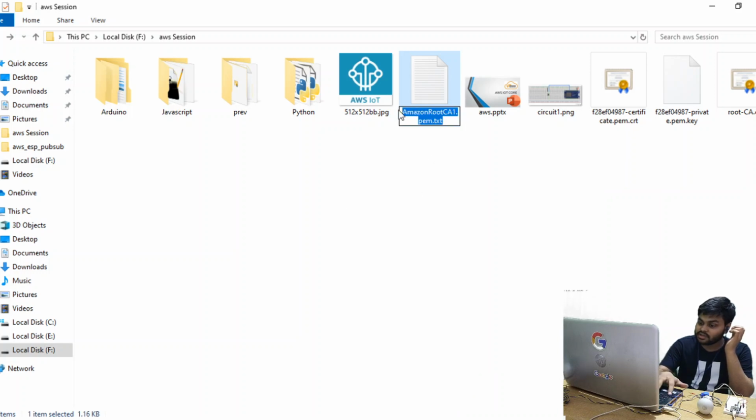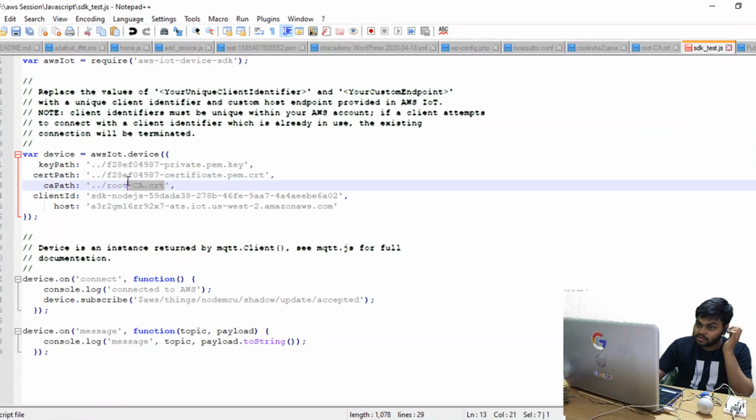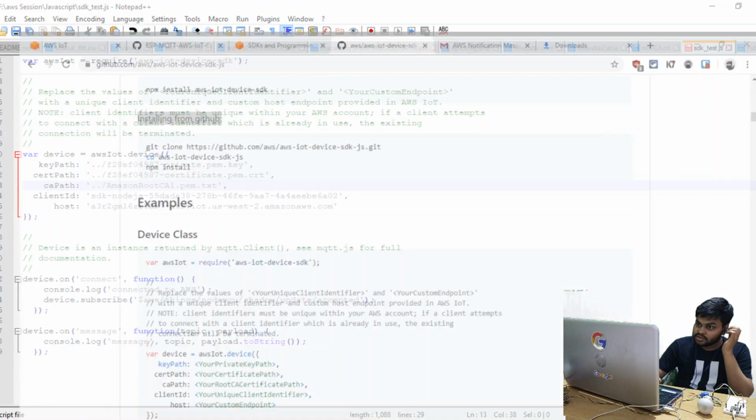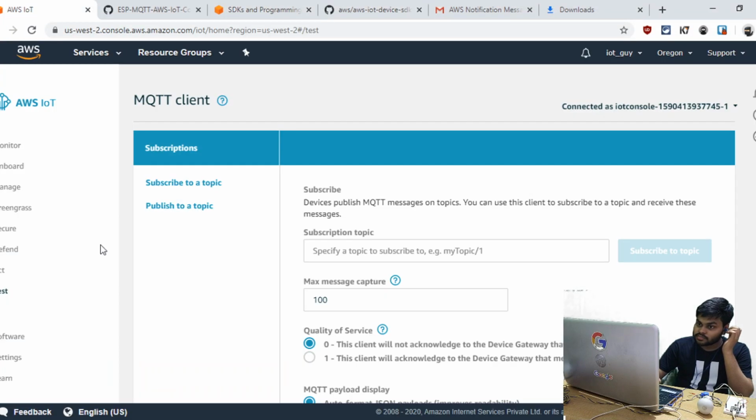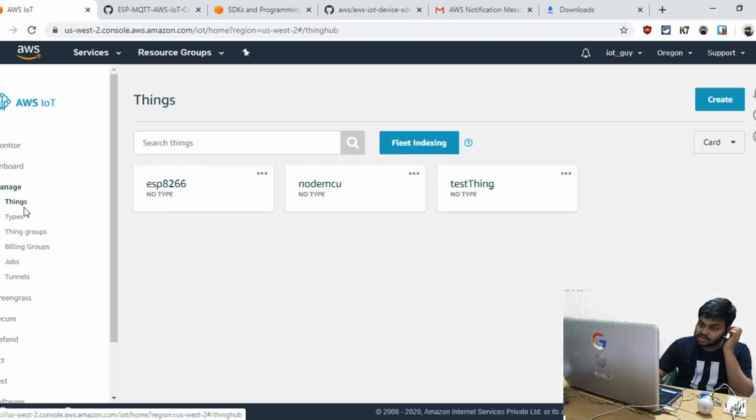If it will work or not, by simply sending data from AWS and checking it. So CA path is this one, client ID and host is the same, which is this one. This is in the settings, we have this host, or you can also check the host from manage things.